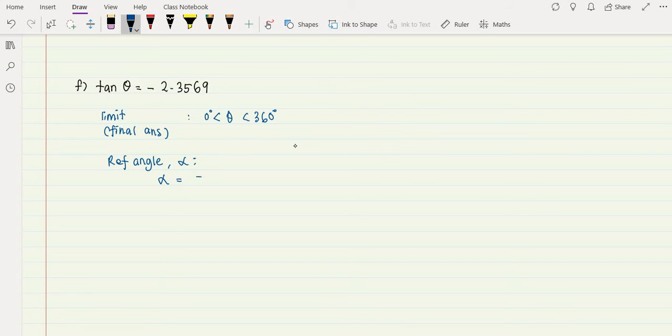Alpha will be equal to arctangent of negative 2.3569. Don't forget, you need to put the absolute value. Once we put the absolute symbol there, we key it into the calculator and just ignore the negative sign. Hence that gives me alpha equal to